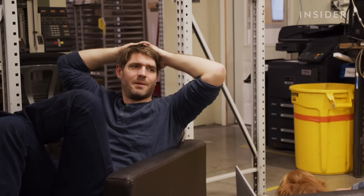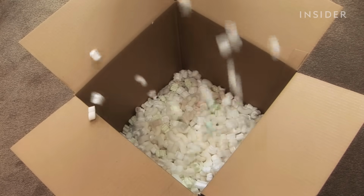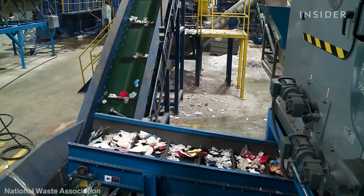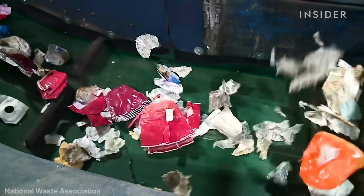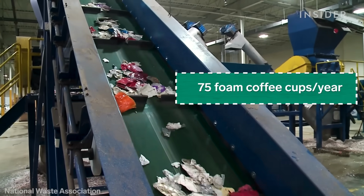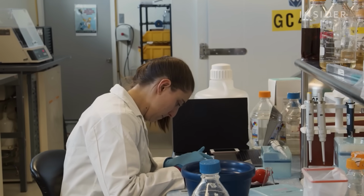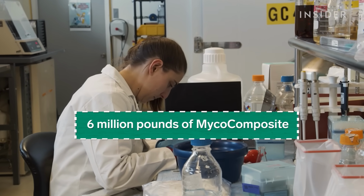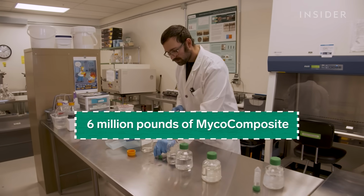Since then, a growing number of cities and states have banned the use of styrofoam. But the United States does not have countrywide restrictions, and the average person still uses 75 foam coffee cups per year, adding up to 25 billion. In 2020, Ecovative produced over 6 million pounds of its foam alternative, but that's just 0.5% of the cups Americans